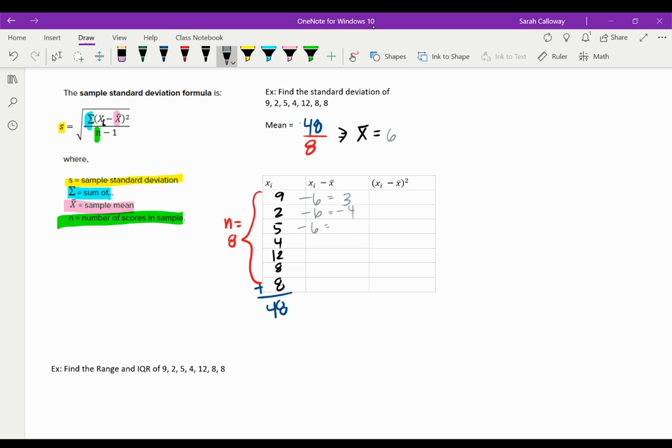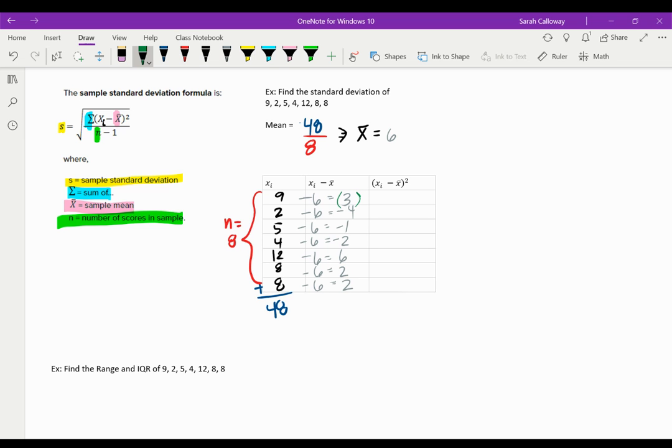5 minus 6 gives me negative 1. 4 minus 6 gives me negative 2. 12 minus 6 gives me 6. 8 minus 6 gives me 2. And 8 minus 6 again gives me another 2. Okay. So once I found the difference between the data point and the mean, I want to take these numbers